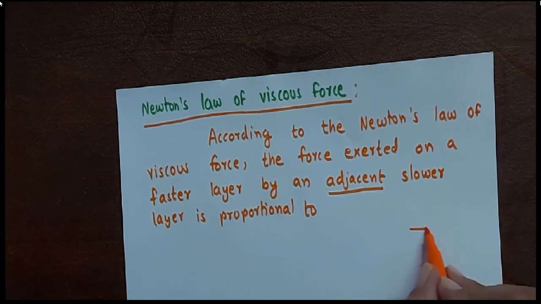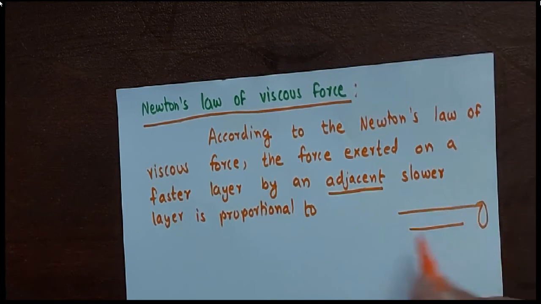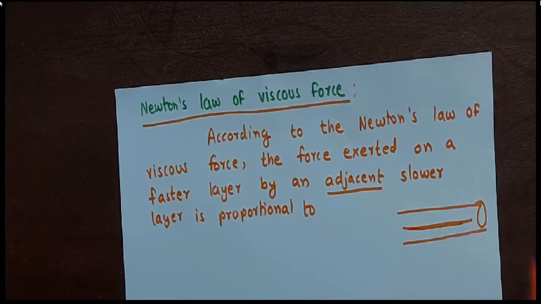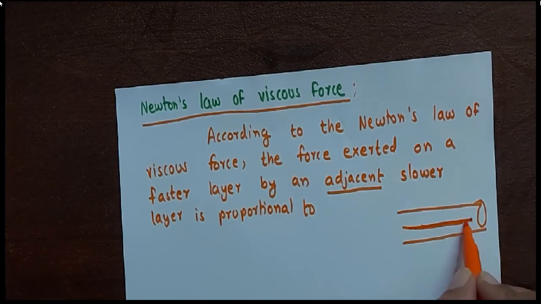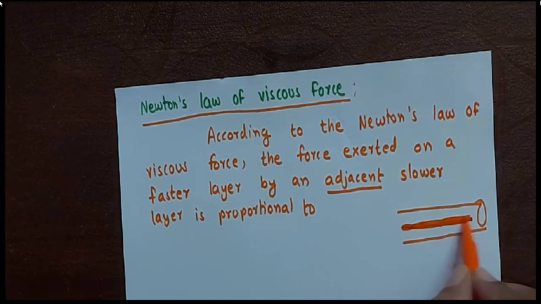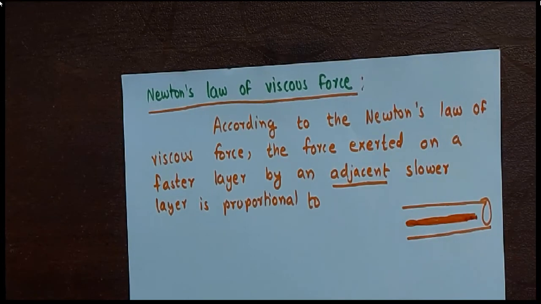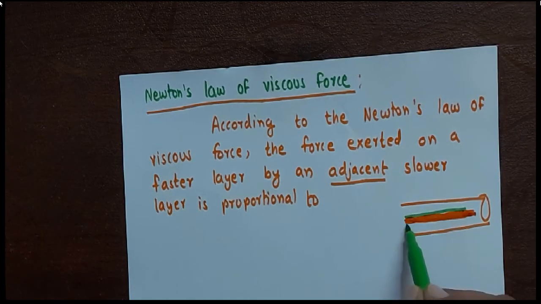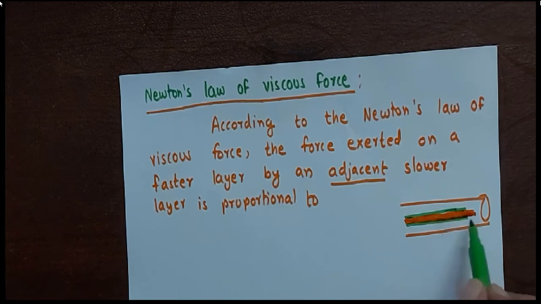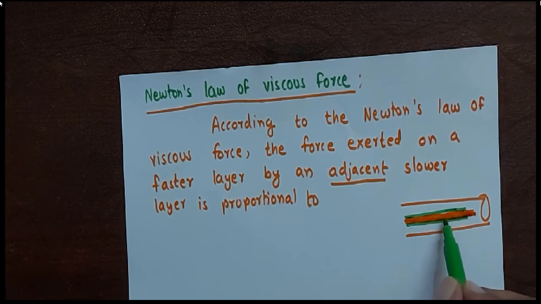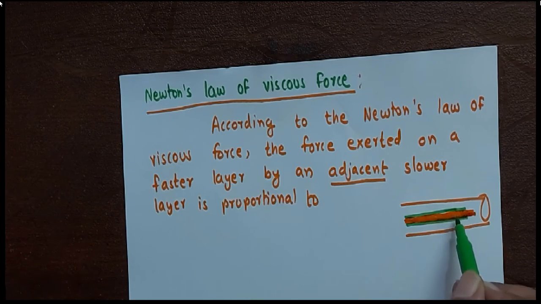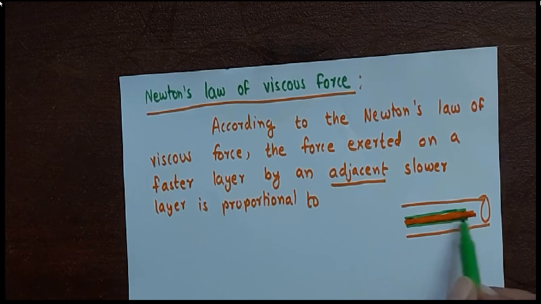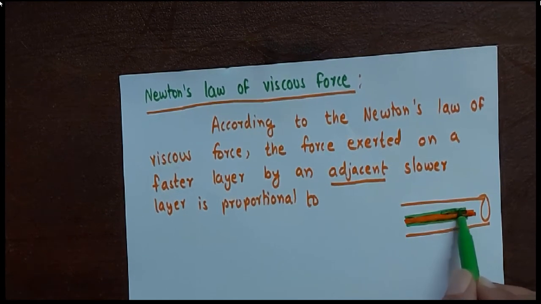Adjacent means if this is the faster layer, suppose this is the pipe and this is the faster layer, I will make it little dark. This is the faster layer, and adjacent to this layer means, I will make use of green color. This is the slower moving layer compared to the orange line. Orange line denotes the layer which is moving very fast, and green layer is moving little slower compared to the orange layer. So the force exerted on the orange layer by the adjacent green layer,